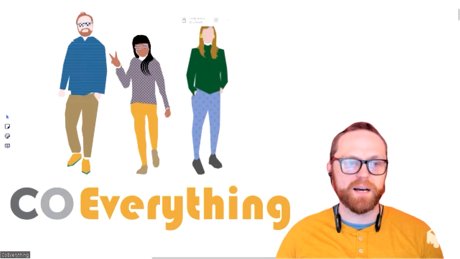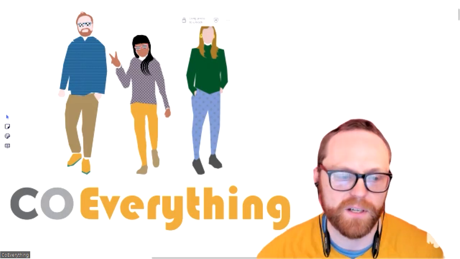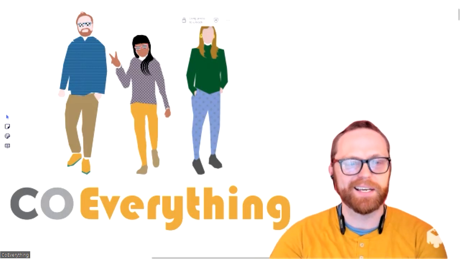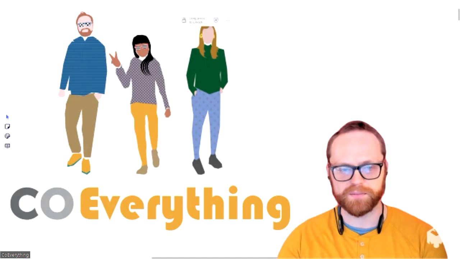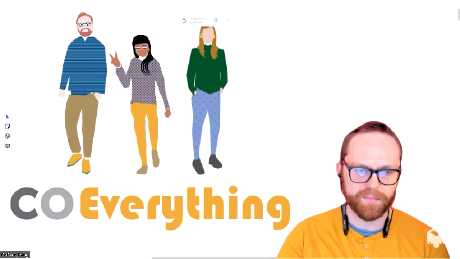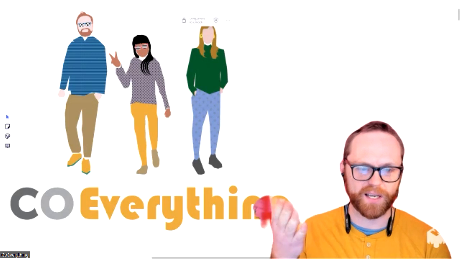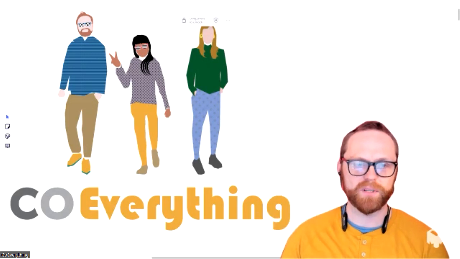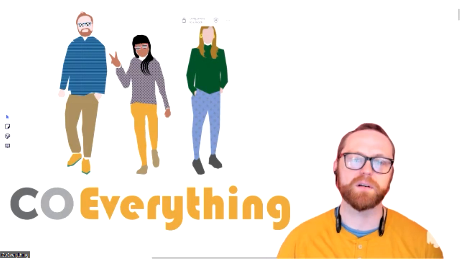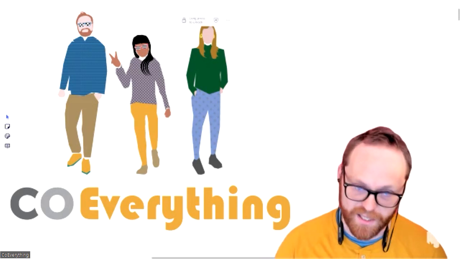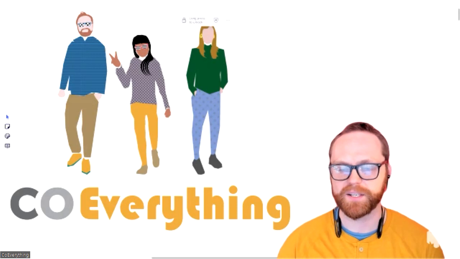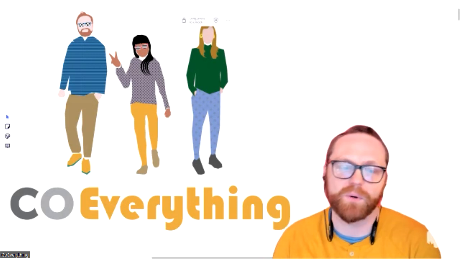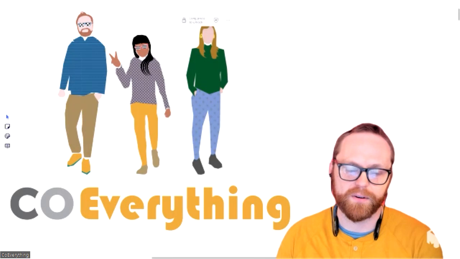So yeah, I'm Declan Keefe. I'm one of the co-founders of CoEverything. And along with me here is my small but mighty team. You could probably guess which one I am of those diagrams. The other 2, the one in the middle is Miriam G. She was the other co-founder with me. She's also my life partner. And then Haley Hardwick Whitman is the third up there.